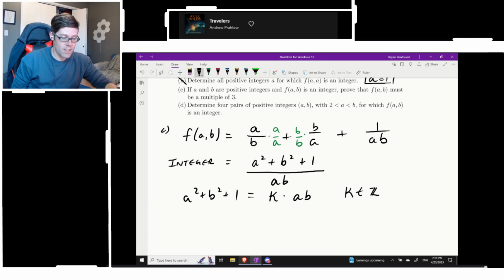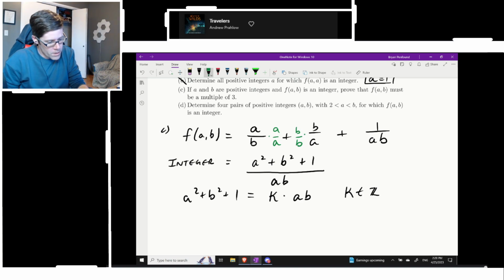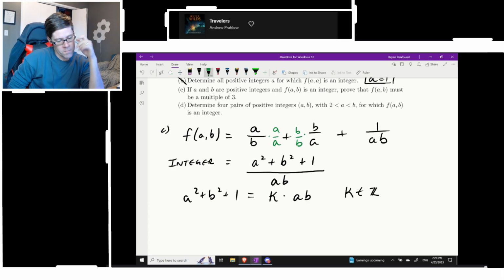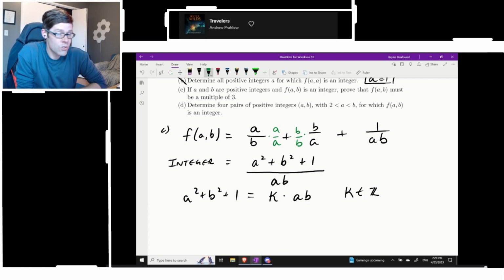It's not as obvious as I thought it was going to be, though. So what do we have? We have a sum of 2 squares plus 1. But it does, I guess, give us some information about... I have to be careful about this. I think we're going to have to go with cases. And I probably will do this.